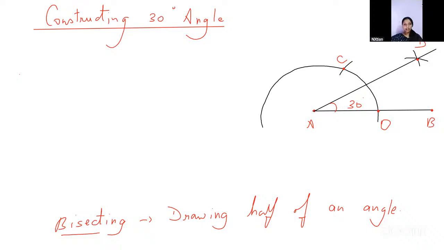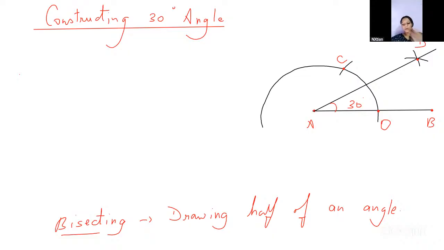Now, I will teach you more of the bisecting things tomorrow. We can try out 45 degree, 75 degree. Then we can try out what is there in your book. In your book, you just have 60, 120, 90, 30. But in the questions, you have 110, 150, 40, 70. I will try to teach all of that to you, so we can do angles, do not worry about it.